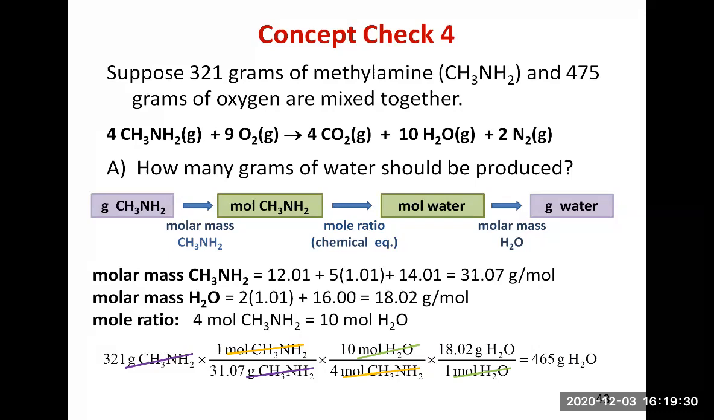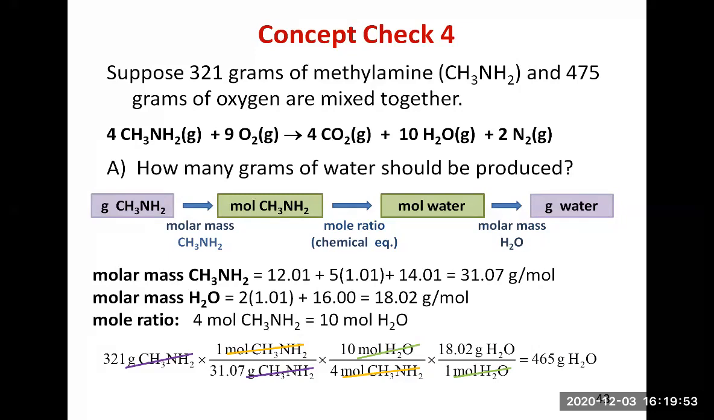So it's 321 times 10 moles of water times 18.02 grams of water divided by 31.07 and divided again by 4 moles of methylamine. The calculator answer is